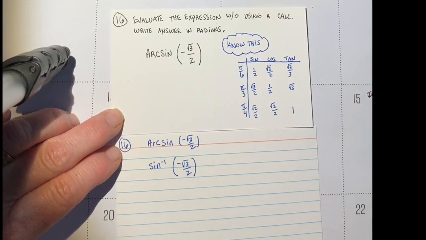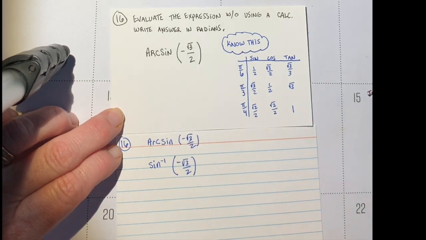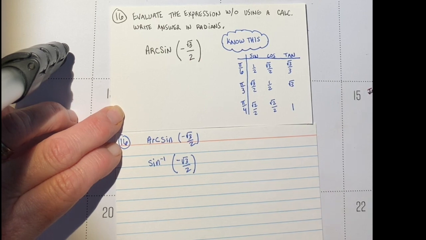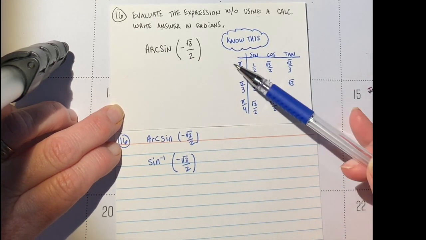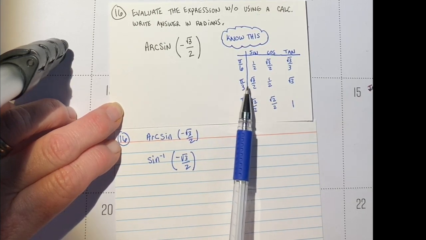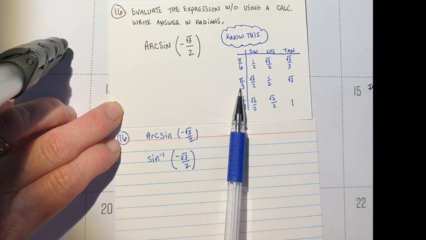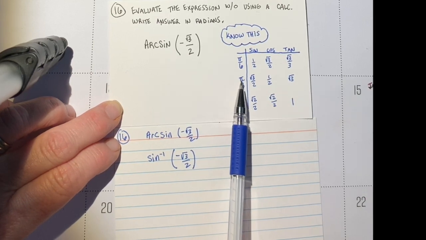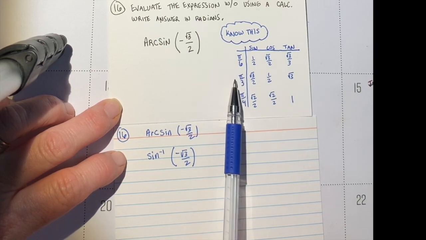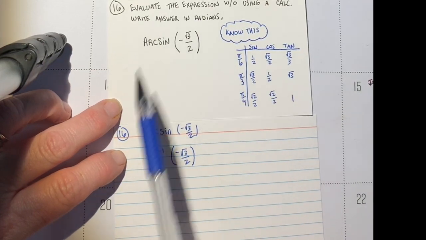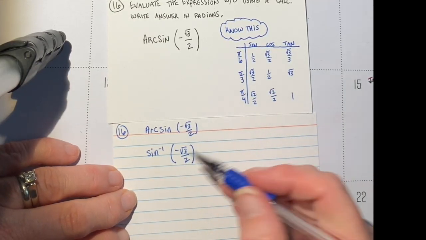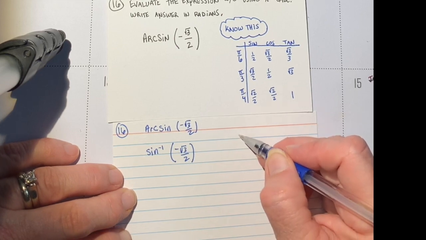Now, I'm not going to worry about the negative yet. Let's just figure out, is it a 30? If they ask you to do it without a calculator, it's one of the common angles: 30, 60, or 45, or in radians, pi sixths, pi thirds, or pi fourths. So the sine is square root of 3 over 2 when the angle is 60 degrees, or pi thirds radians. So it's going to be one of those. That's going to be the reference angle for whatever the angle is. So the inverse sine. Now, the fact that it's negative means that it has to occur